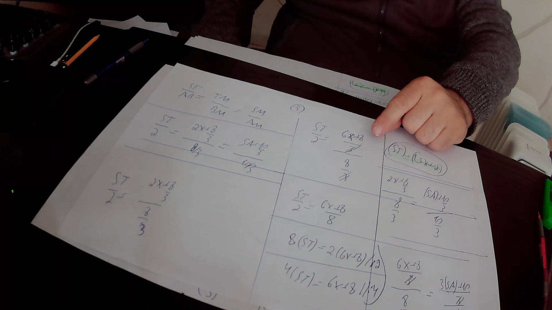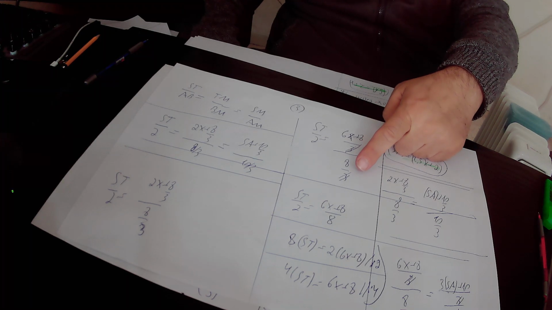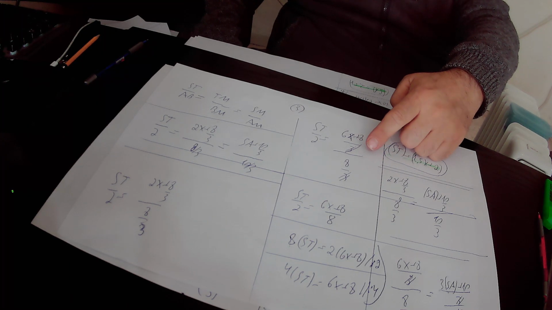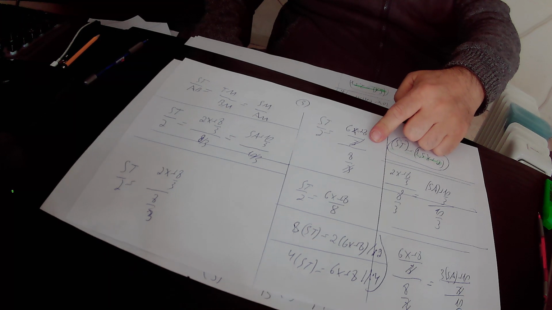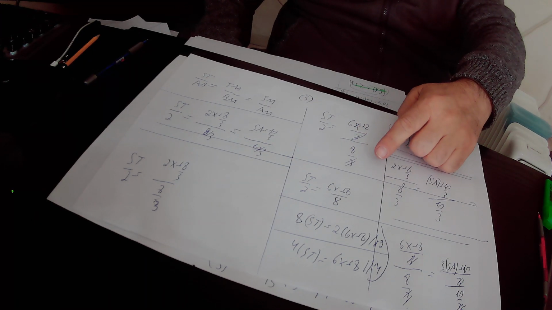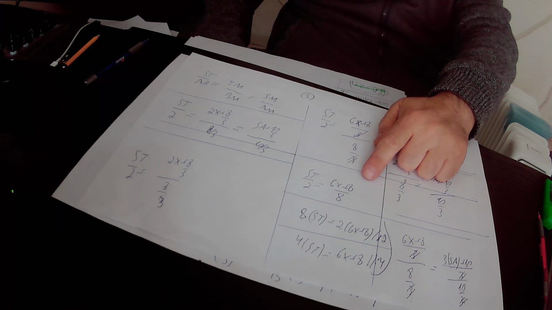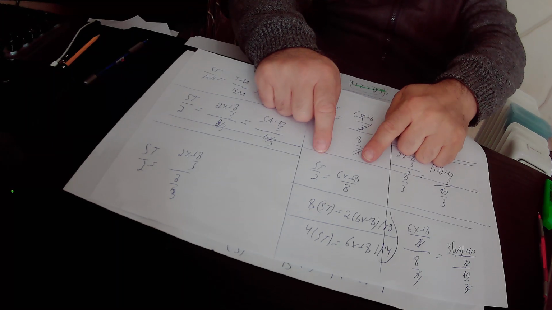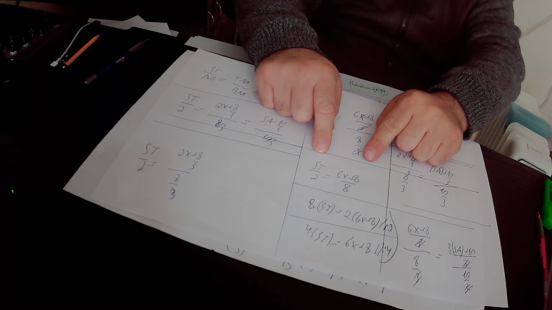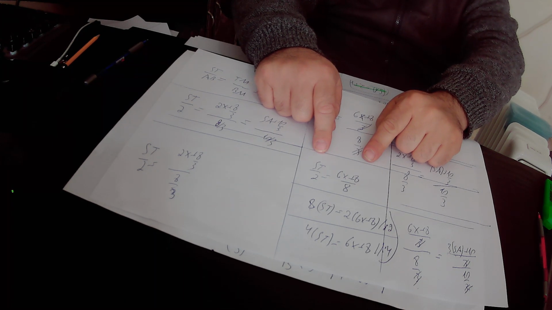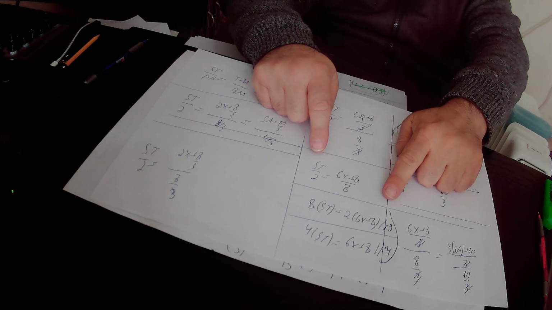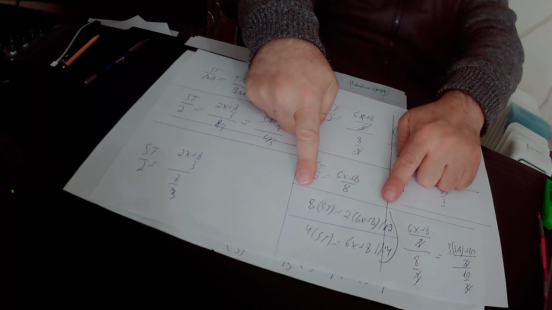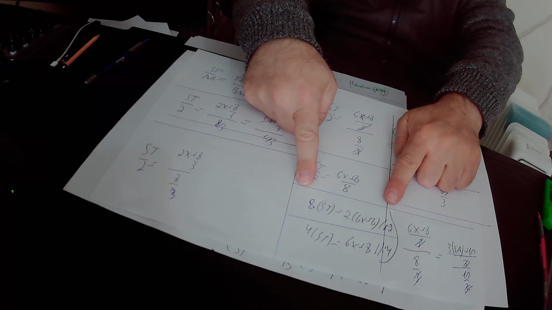In this side of the equation, we have 3 in the numerator and 3 in the denominator, so 3 will get cancelled. After we cancel 3, we're left only with st over 2, that is equal to (6x plus 8) over 8. Here we cross multiply this equation and found out that 8 times st equals 2 times (6x plus 8). Here we divided this equation by 2 and found out that